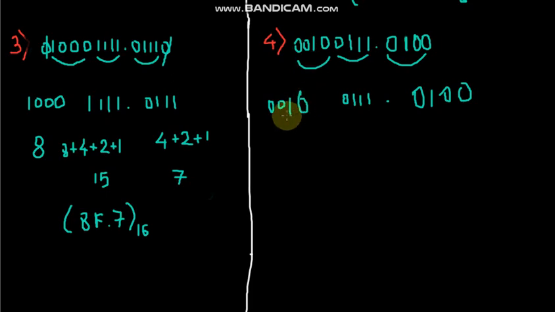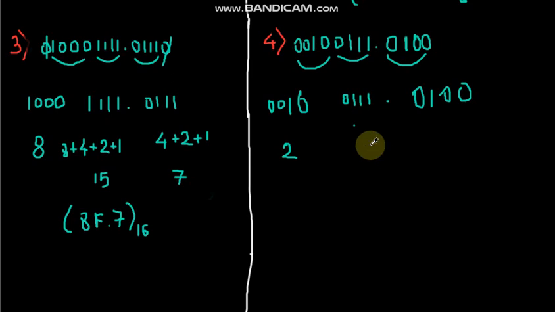Now converting this into its decimal form, this 3 digits, that is 0 into 2 raised to 0 gets cancelled, then this 0 into 2 raised to 2 gets cancelled, and 0 into 2 raised to 3 also gets cancelled. So we are left with 1 into 2 raised to 1, which is equal to 2, and